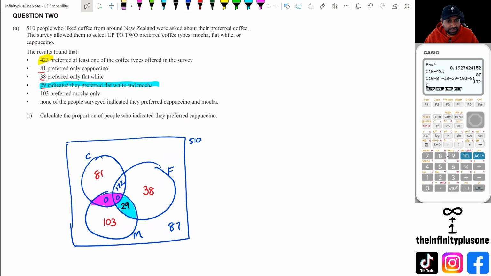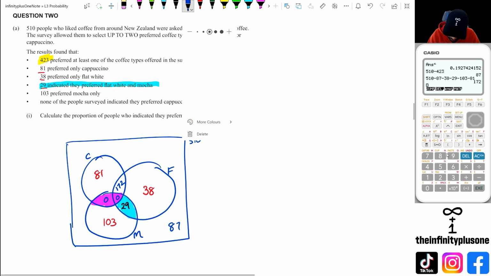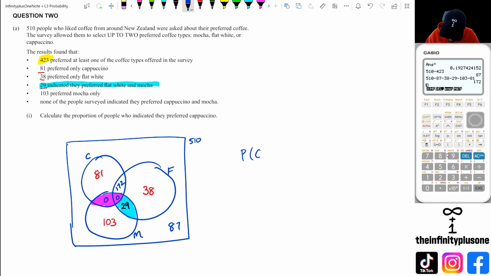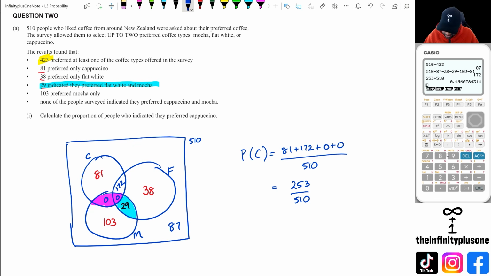Once you get this, then the rest of it becomes easy because we're looking at calculate the proportion of people who indicated they prefer cappuccino. That's 81 plus 172. So probability of cappuccino is equal to 81 plus 172 plus those two zeros as well, divided by totally we've got 510. Now you don't need to put the two zeros in there, you could have just done it straight away. So we're going to get 253 divided by 510. So 253 divided by 510, that is equal to